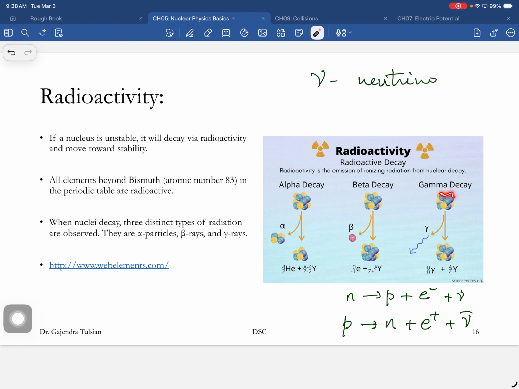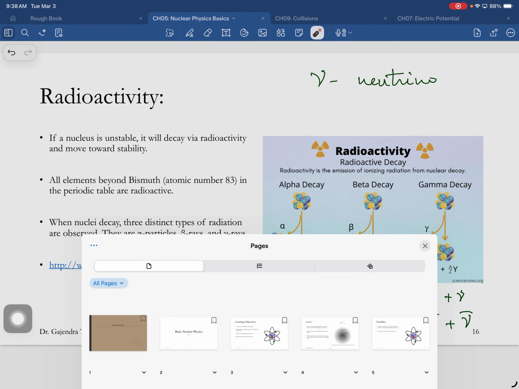And when one of these decays happens, the daughter nucleus is in an excited state, and it emits a gamma photon and just becomes de-excited. Okay, so the nature of that is not changing. So those are the three ways it can decay. All right, so now let me show this to you in the diagram again. Let's go back here to the diagram,